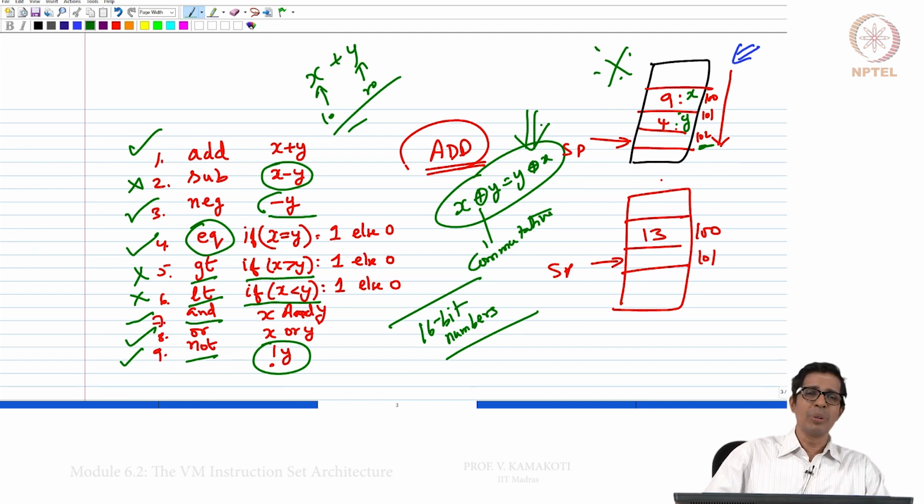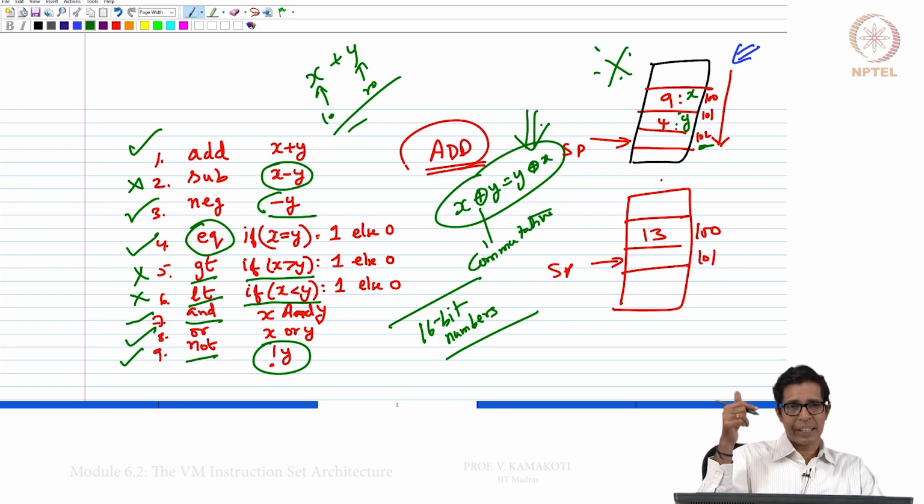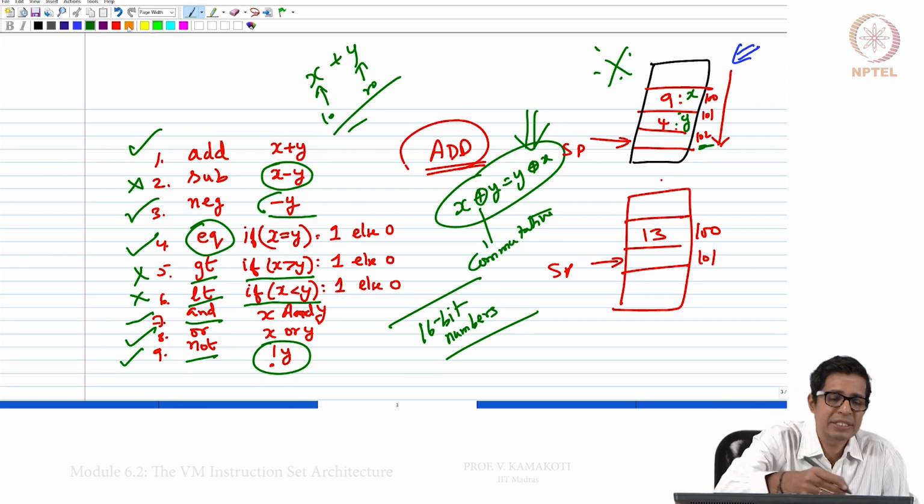So the moment I know that there are binary instructions which are not commutative, binary in the sense that I have more than one operand, it is binary. If there is only one operand, it is called a unary operation. In this case there are 2 unary operations, namely neg and not, but all the other things are binary. And if I have a binary operation which is not commutative, I should know where the left operand is and where the right operand is.